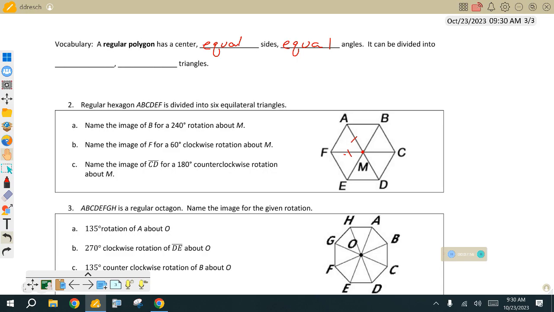And the other thing that's going to be true about all of these triangles down here, this is an octagon, is that we get all of these isosceles triangles being created. And they're not just any old isosceles triangles, they're all the same isosceles triangle. Do we agree with that? So what we're doing is creating a whole bunch of congruent